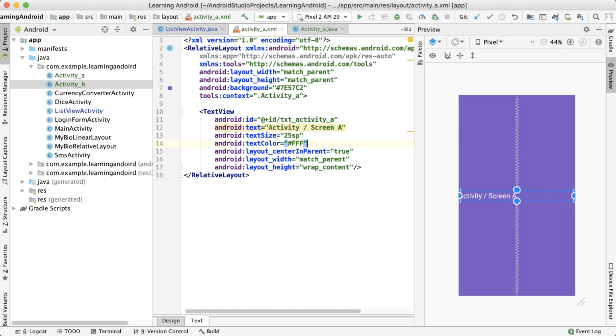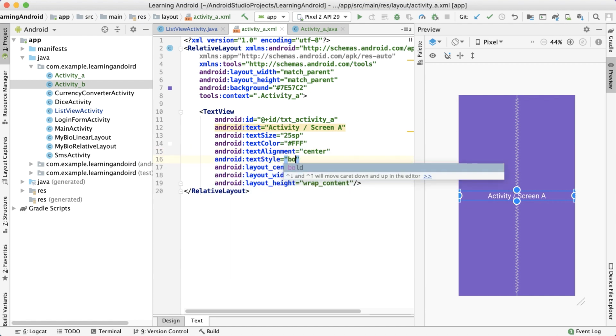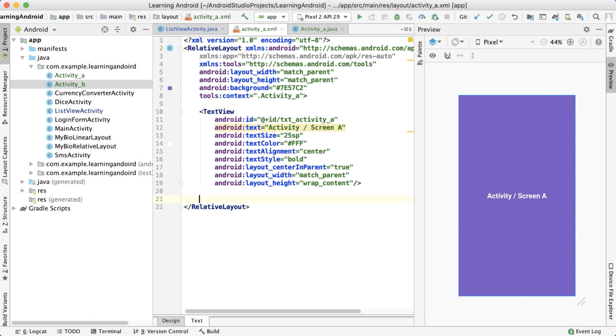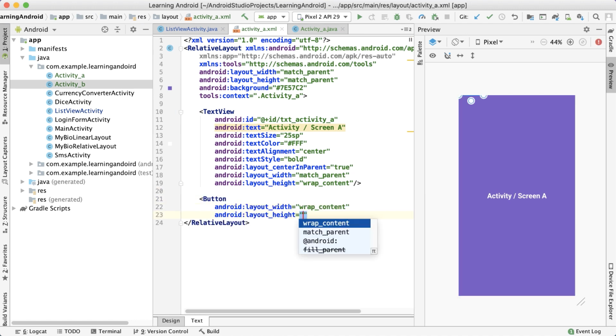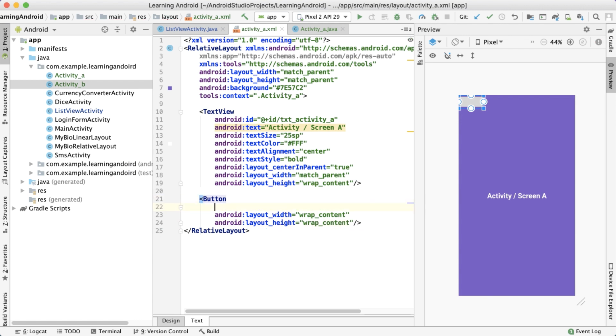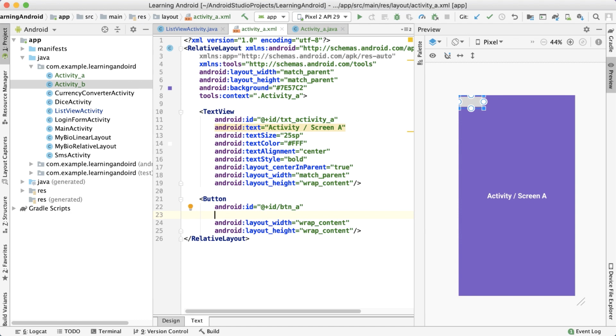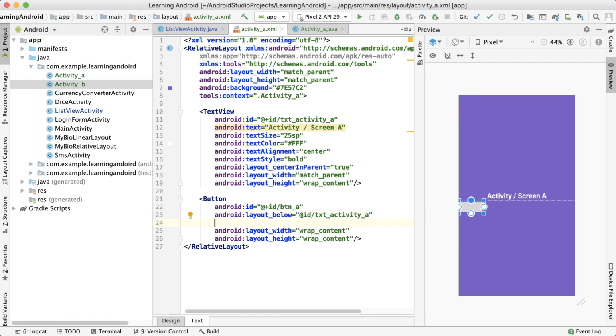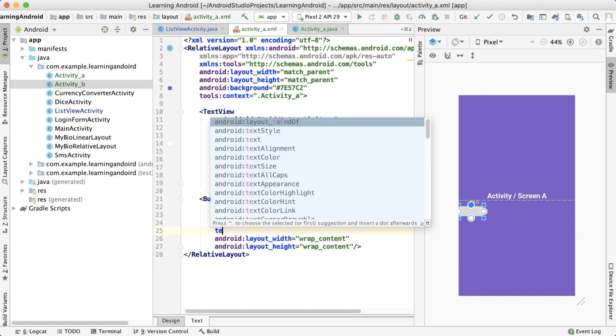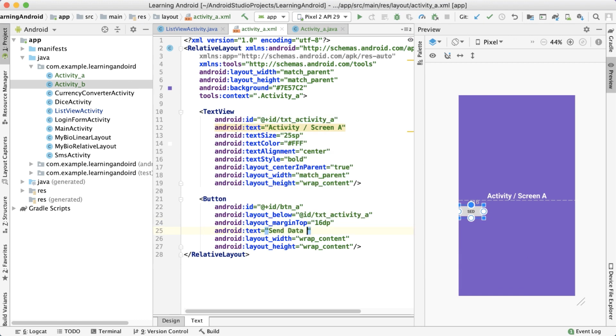And here's our text view. So let's add text alignment as center, and finally let's add text style as bold, and below this I'm going to add one button. So button, wrap content and wrap content. So let's give the ID name as button A, and I want this button to appear below our text view. So we're going to say layout below as txt activity A, and let's say margin top as 16 dp, and we're going to give the text as send data to activity B, and let's say center horizontal as true,